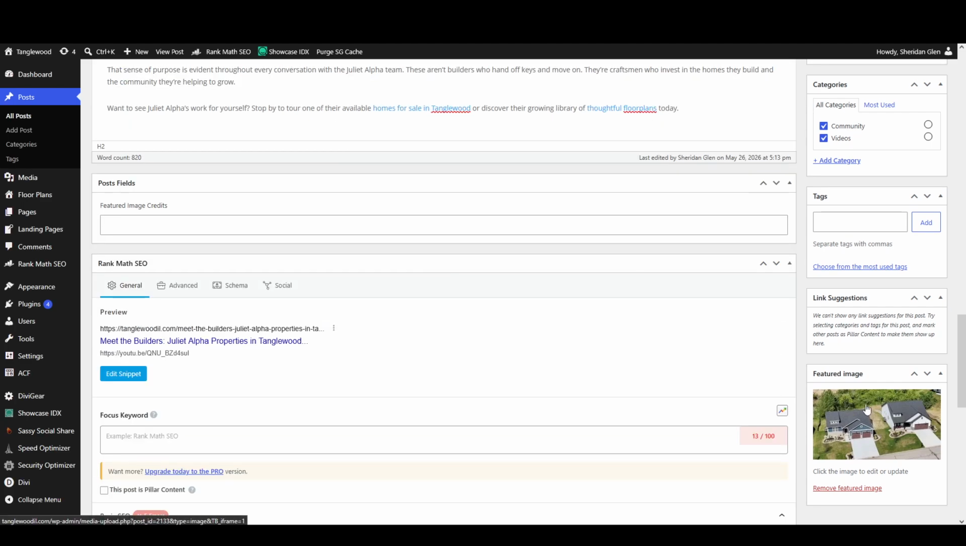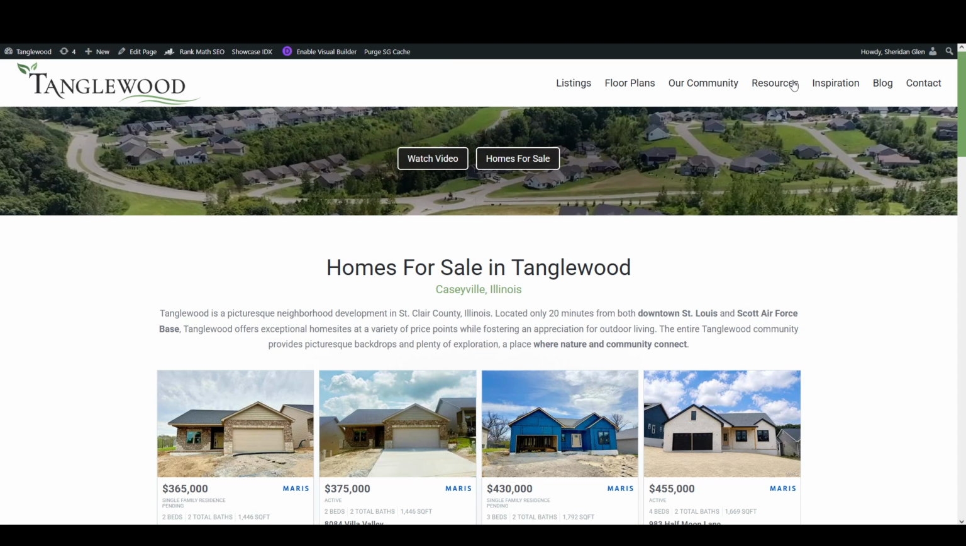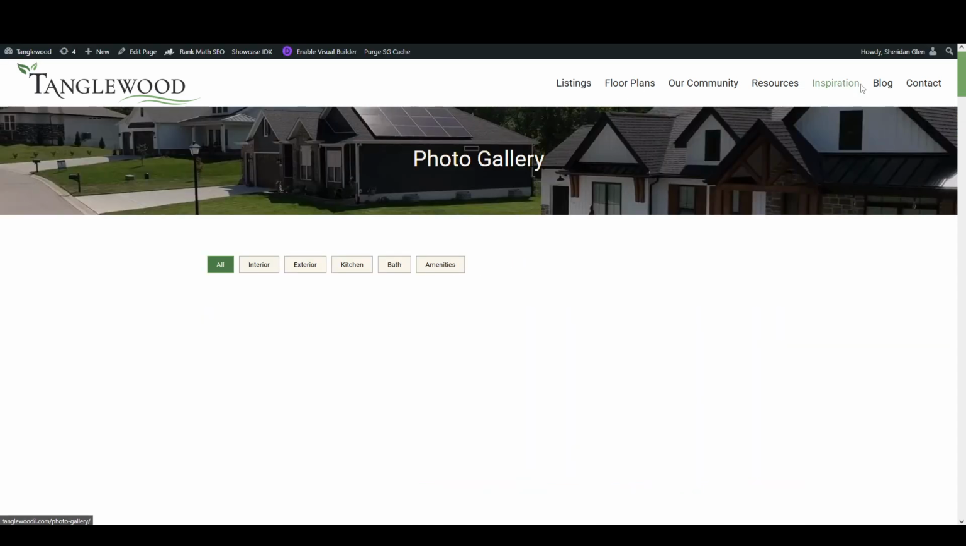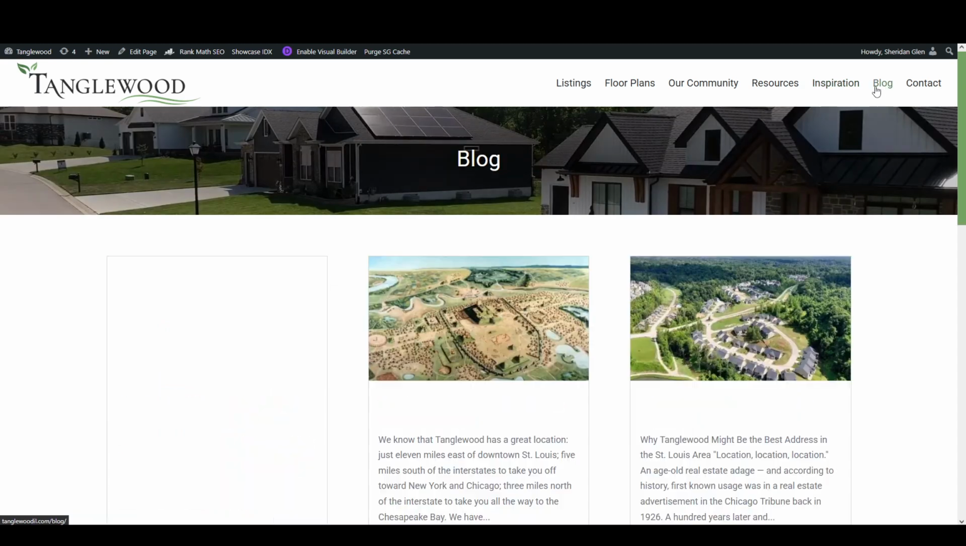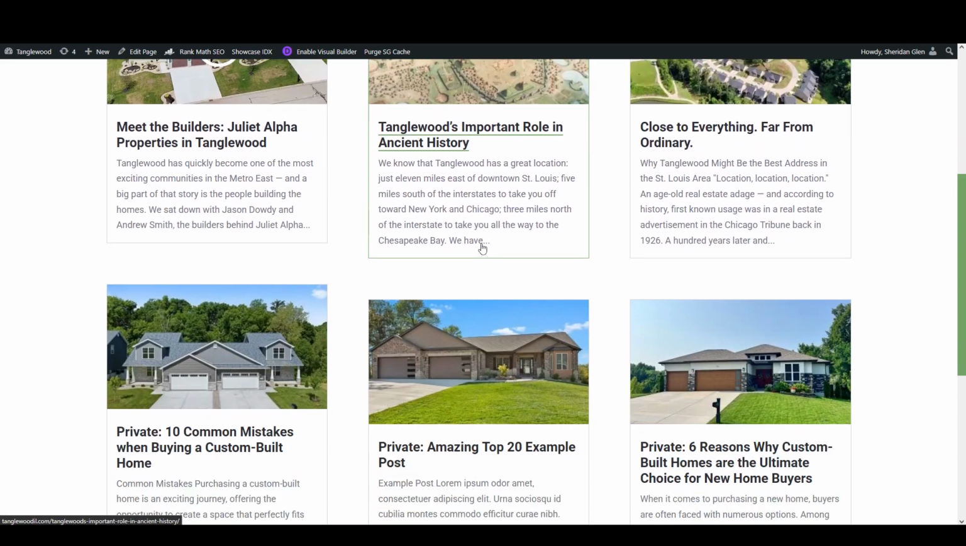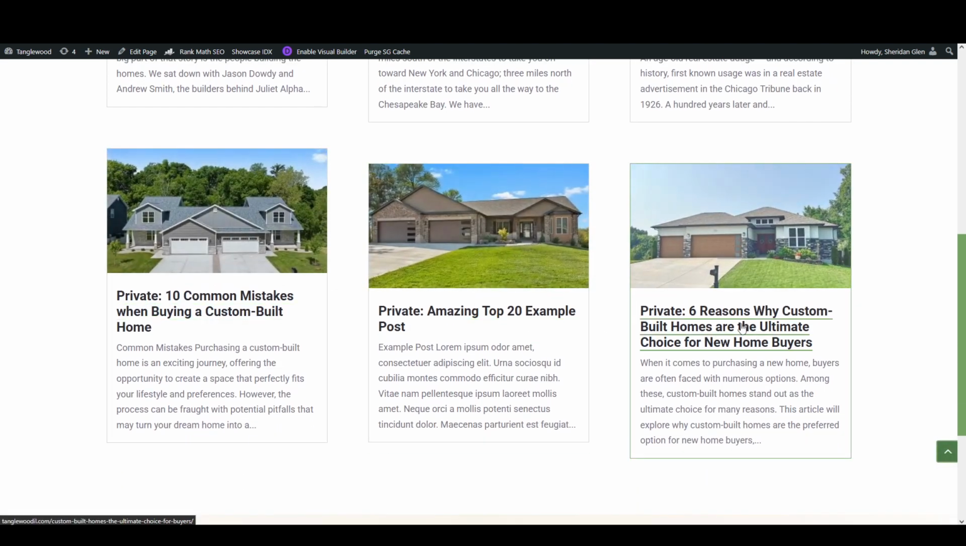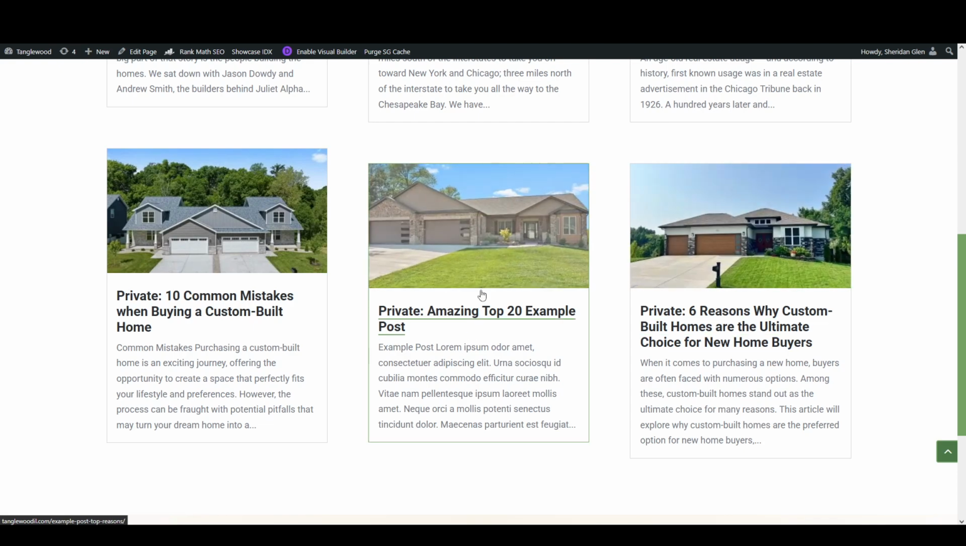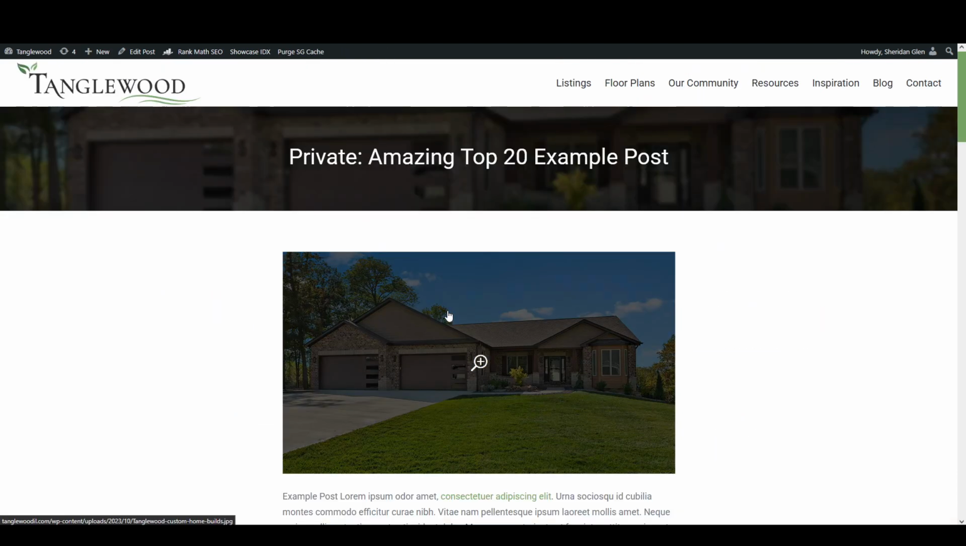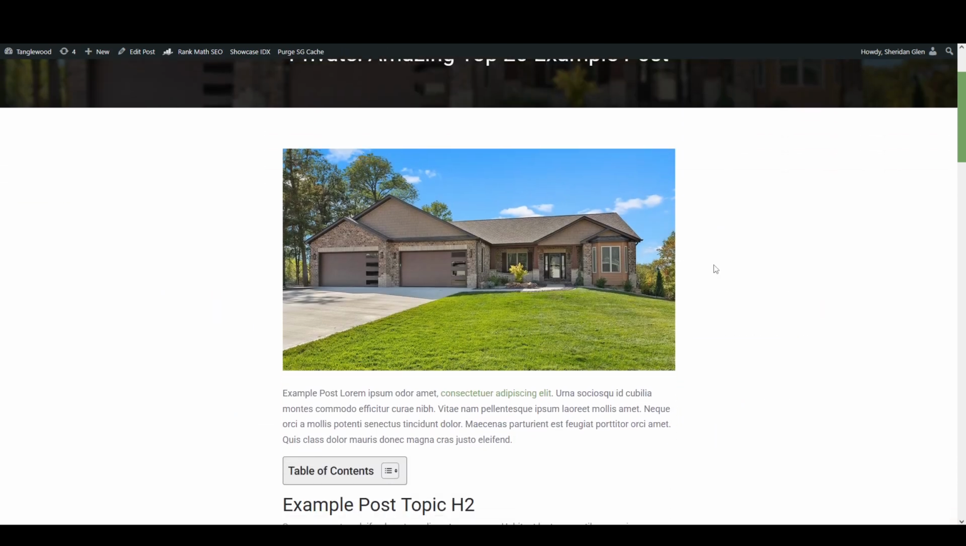Featured image is important as well. That's just going to show on the main index page. Now, since I'm logged in, we need the blog. Since I'm logged in, it's going to show posts I have currently marked as private because they're not public. One of them was an example post, which is good to pull up for now